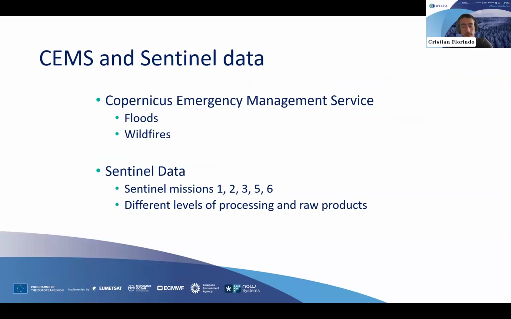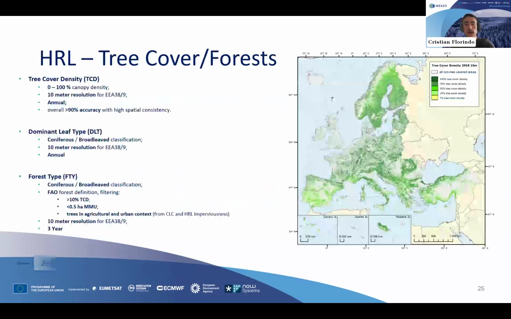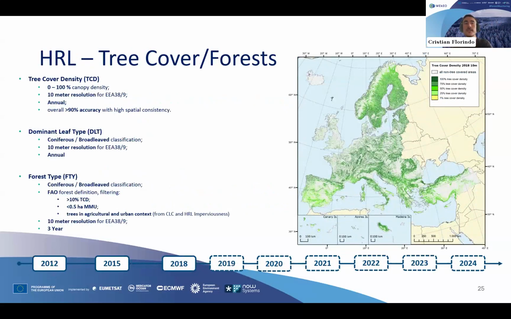And then finally, we also have some data sets from the Copernicus Emergency Management Service, mostly related to floods and flood information. And then again, the different data from the different Sentinel missions with different levels of processing. Now that was an overview of the different services and a few of the products that we find, but now we're going to talk a bit more about those products from the land monitoring service